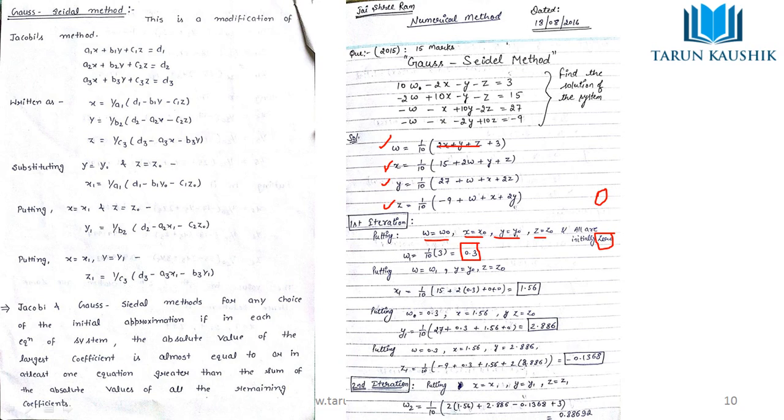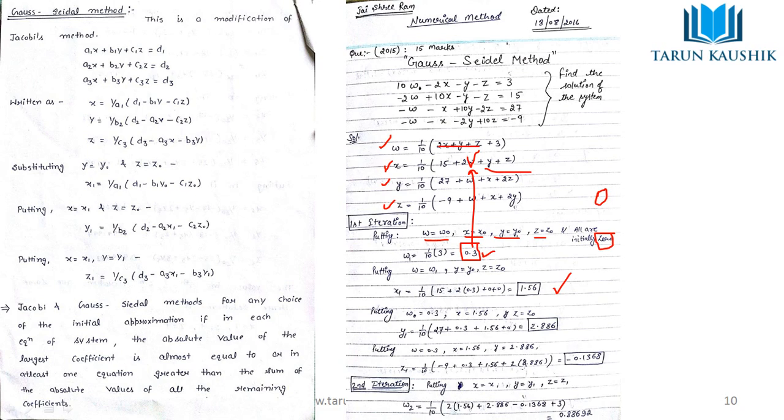But what is new in this question, or in this form, is that in the x1 portion you have this w. What is the value of w? That is 0.3 you have calculated. Now you will not put this value as 0, you will put the value 0.3 here, but y and z are still 0, so you put 0. So you will get x1.